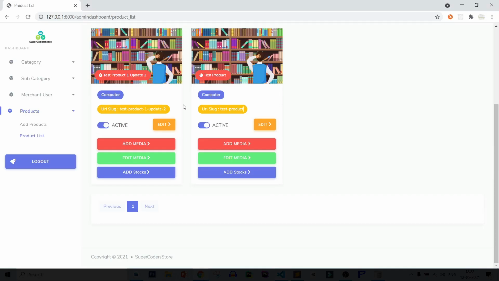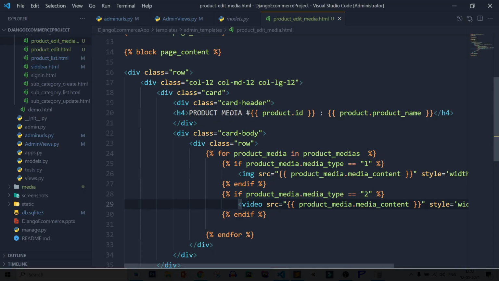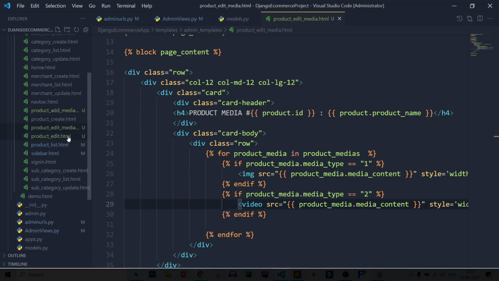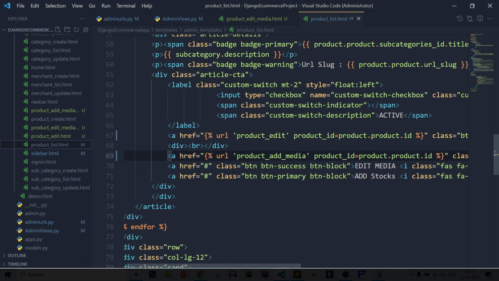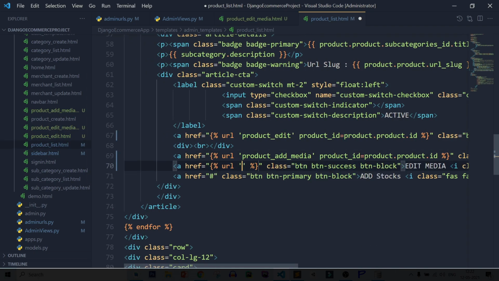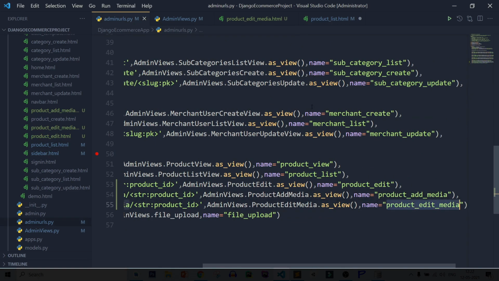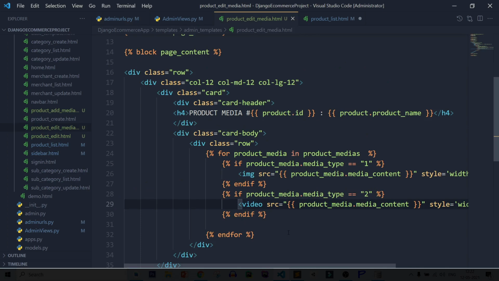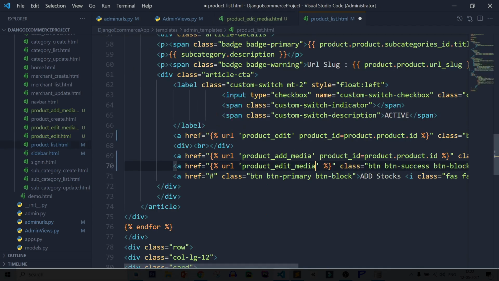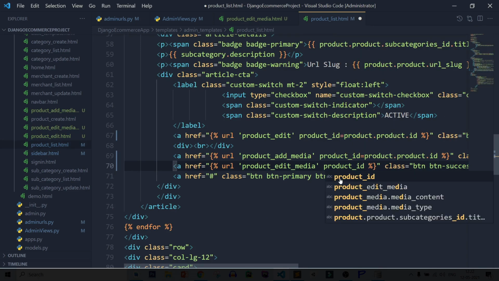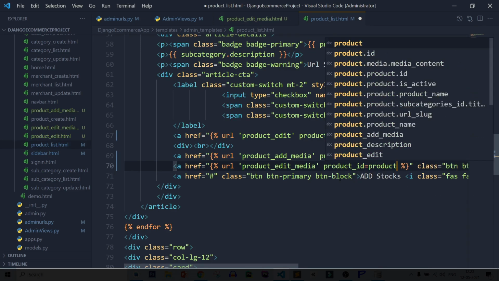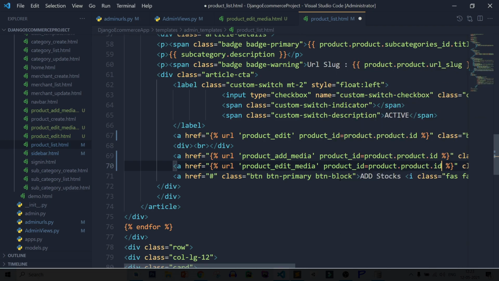So back to Chrome, refresh page, click on edit media, and here the button is not linked yet, so let's link the button. So open product list and in edit media URL, let's copy the URL name and paste it here. product underscore id equal to product dot id.